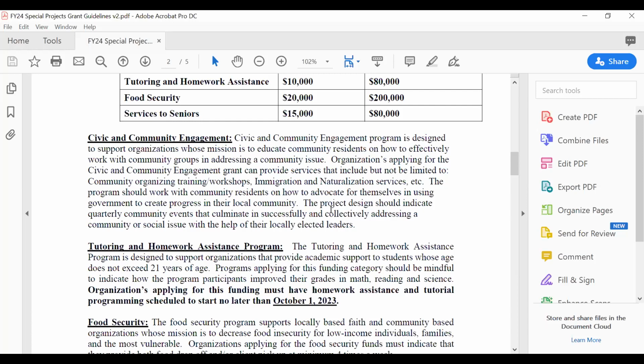Part of civic and community engagement is community organizing. If you want to submit a civic and community engagement application focused on community organizing, you can do that, but you need to indicate to us or to the peer reviewer what you are organizing around and what the benefit of that community organizing is, okay?